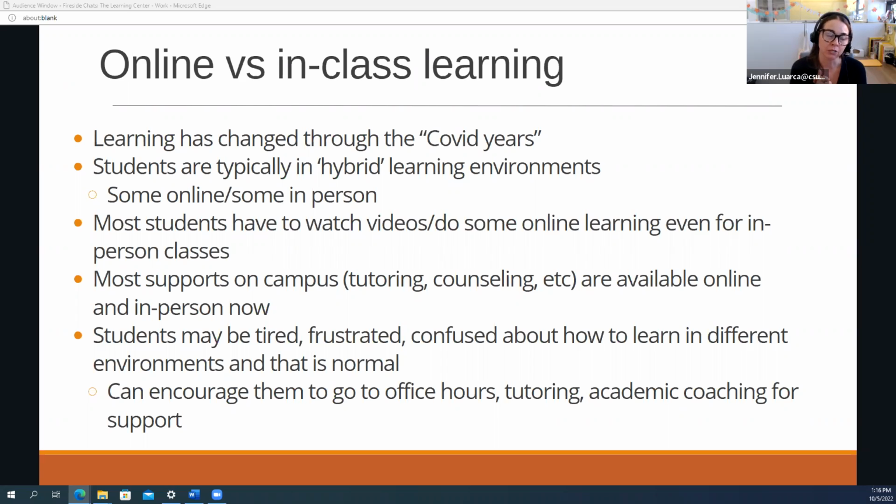I know sometimes as guardians or parents, we want to say, oh, you've done this before, you're fine. You learned in a classroom in high school, you're okay. We want to resist the urge to do that. It is a different experience now. Just saying, sounds really frustrating, how can I help, is probably what your person is wanting to hear.